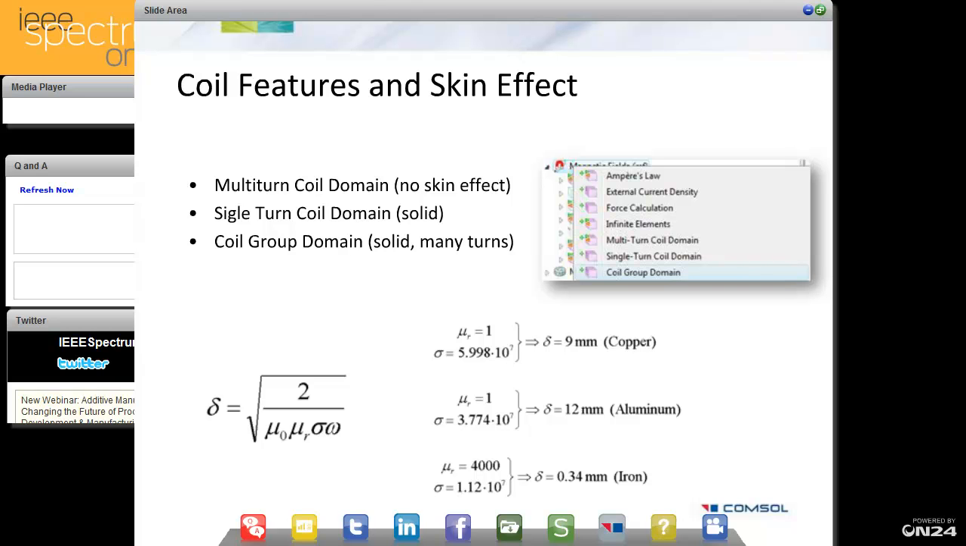Especially when it comes to the coil features, we have, for instance, the multi-turn coil domain, which is a homogenized coil, so it doesn't include skin effect. There is a single-turn coil domain, which is intended for the modeling of solid conductors. So it includes free distribution of the current, so skin effects and vicinity effects can be modeled using the single-turn coil domain. And you can bunch single-turn coils into a coil group, and this is specific for 2D modeling, where